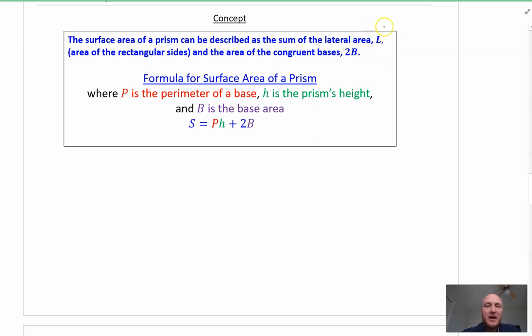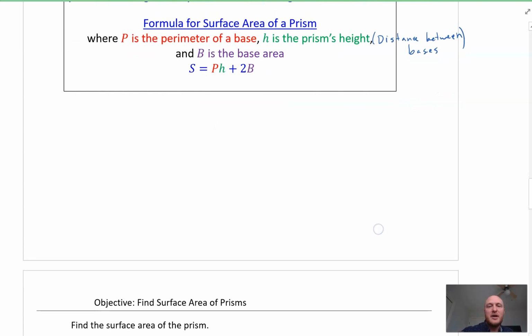Now how do I calculate the lateral area? Well, the lateral area ends up being the perimeter of the base times the prism's height. And I want you to put in parentheses here that the prism's height is always the distance between the bases. Whatever we determine to be our base object, what the object is named after, that's your base, and the distance between those is always, always, always your height. So now that we have this formula, S is equal to PH plus 2B,